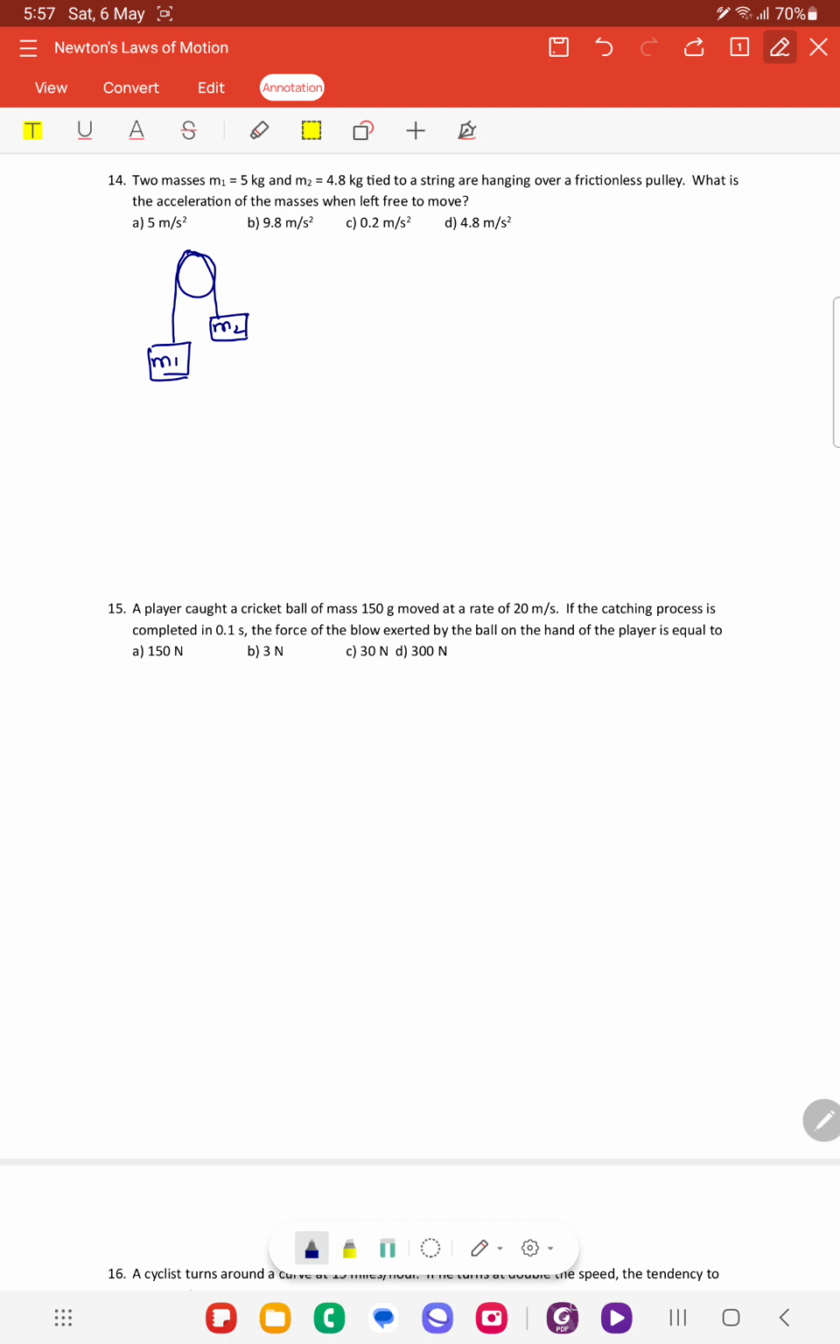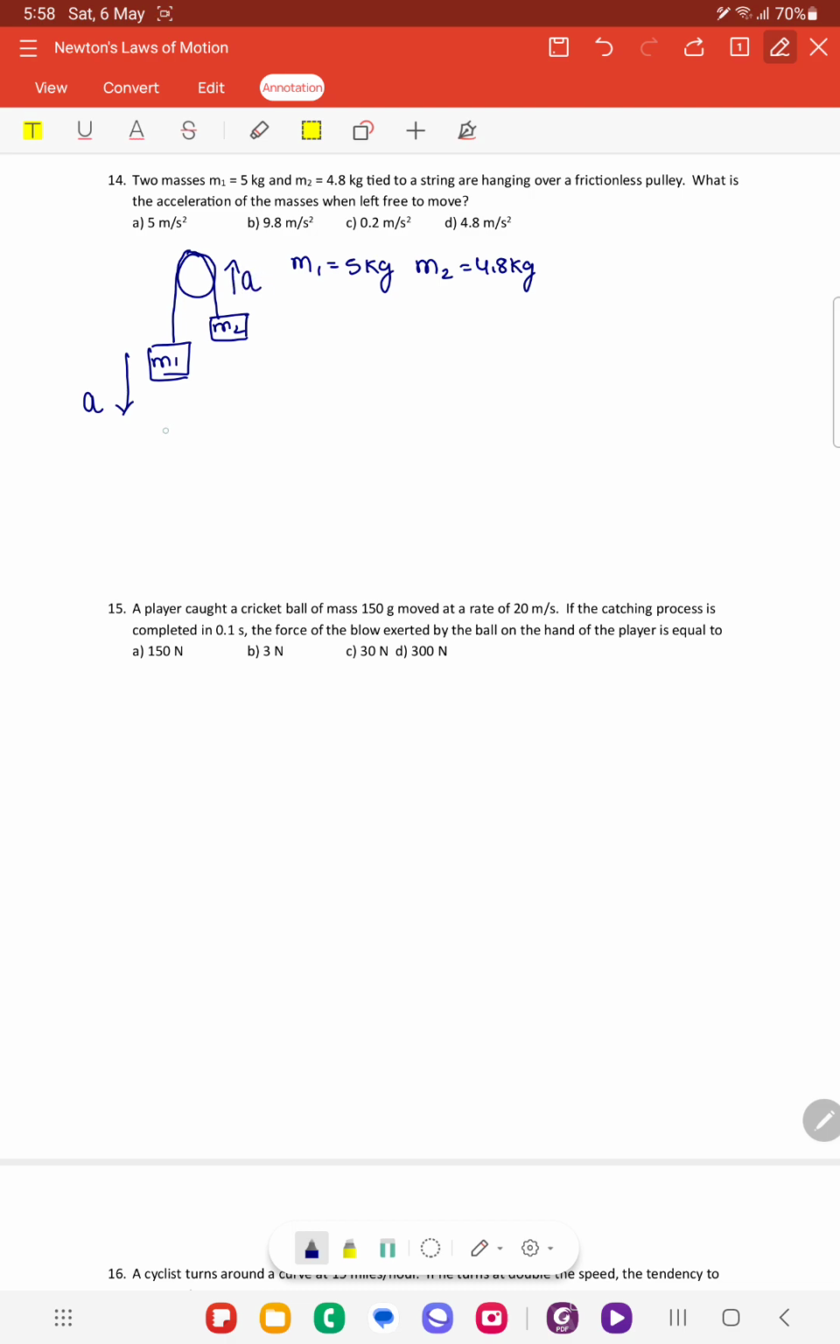So it is tied by a string and it is passing over a pulley. You have to find what is the acceleration of the masses when it is left free. Since m1 is 5 kg, which is greater than m2, which is 4.8 kg, m1 moves in the downward direction with the acceleration a, m2 moves in the upward direction with the